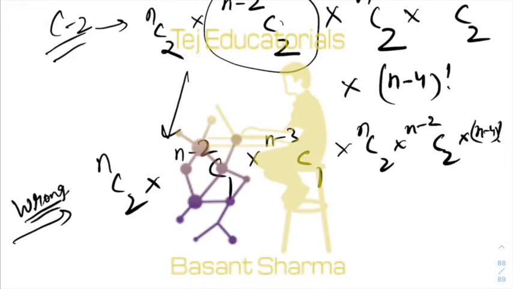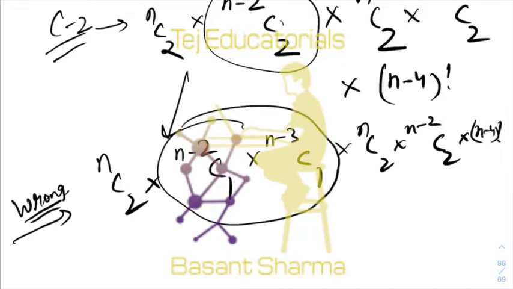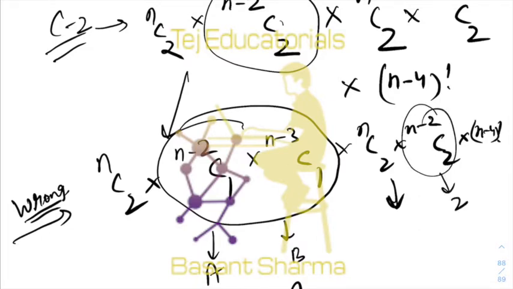You see, the order in which a child is selected is not important. When you do this thing, now it matters whether, suppose A was selected first or B was selected first. And here anyways you are selecting two games, and then from the remaining n minus 2 games you are selecting two games here. That is okay. Here you are doing it separately. Here you could have done this also.